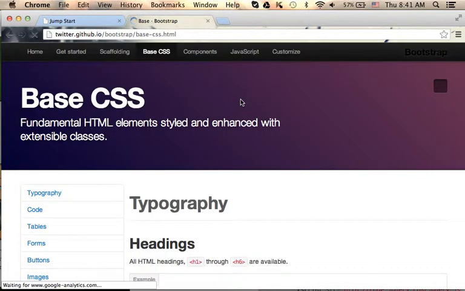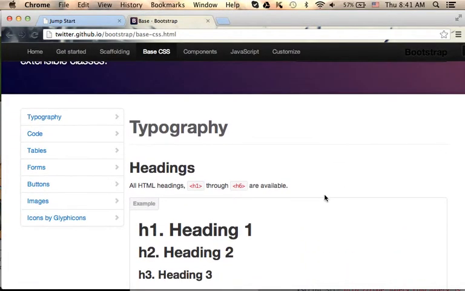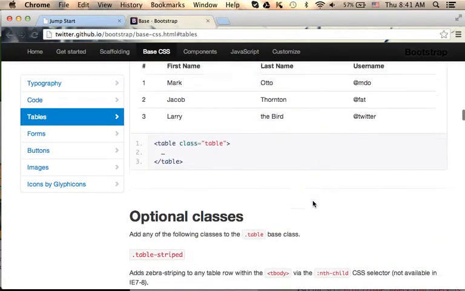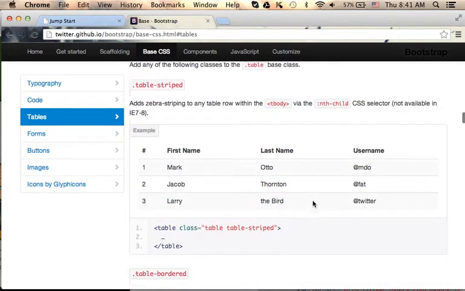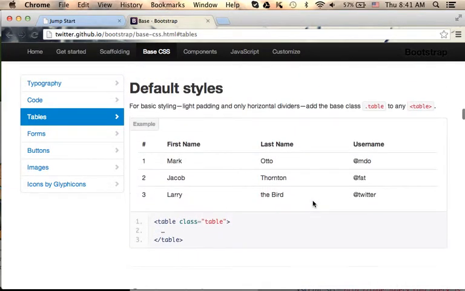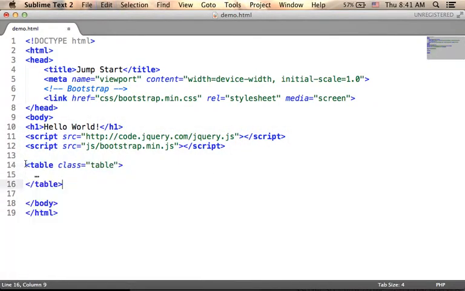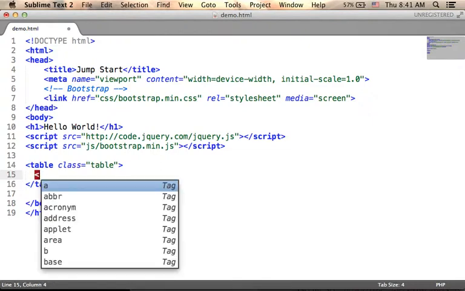You also have base CSS, starting CSS classes you can easily use in order to get a sleek design. For example, let's take a look at the possibilities when coding a table. We can get a very nice table using the CSS classes Bootstrap already includes. Let's take a look at the simple class table. If I just copy paste this code sample and add my code,